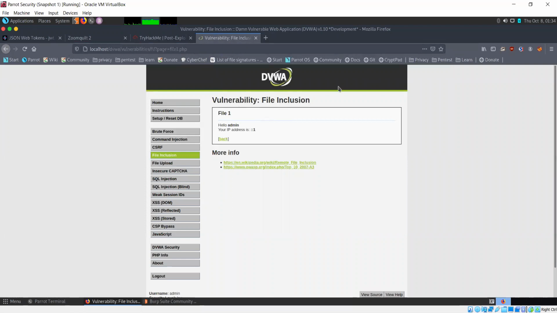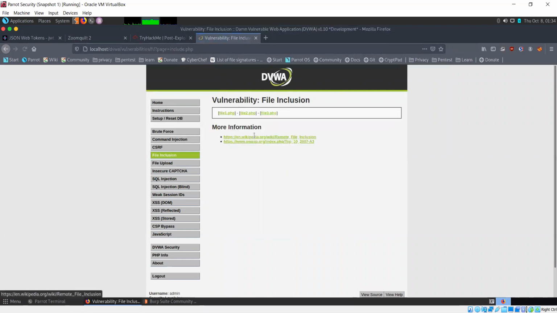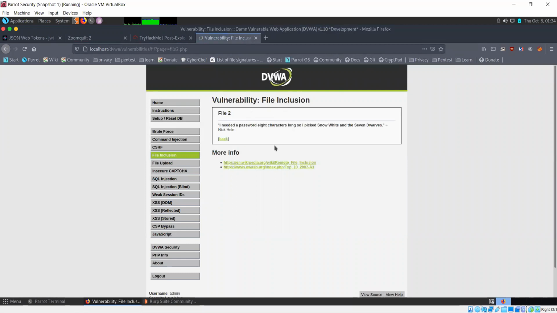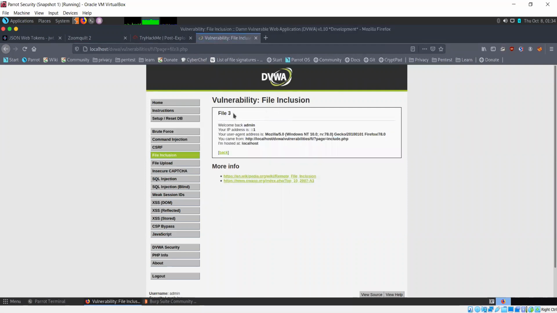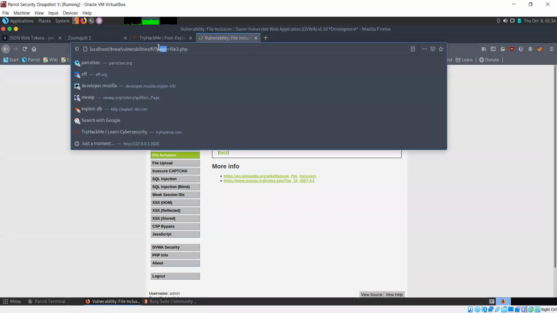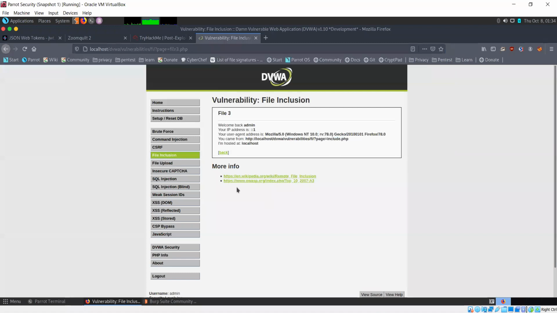So they've shown three files here. File 1. If I click on file 2, then I'll see this. And take a look at the URL. It's changing for every file that we access. And there is a parameter known as page, which is changing whenever we change the files.